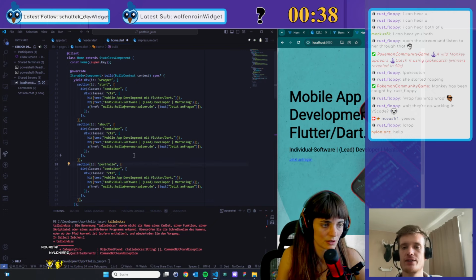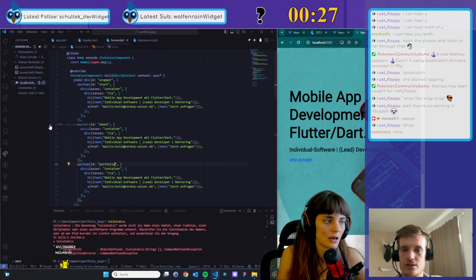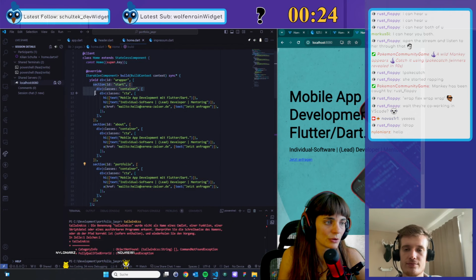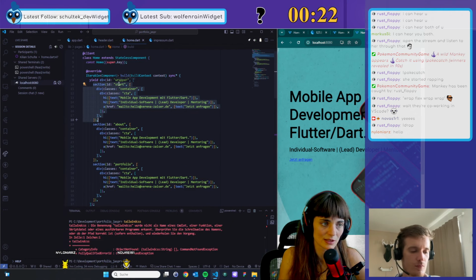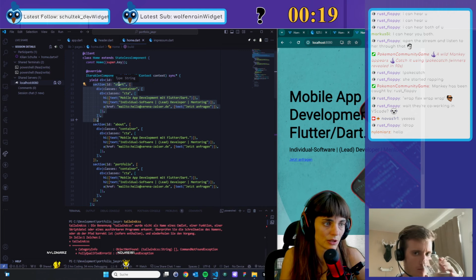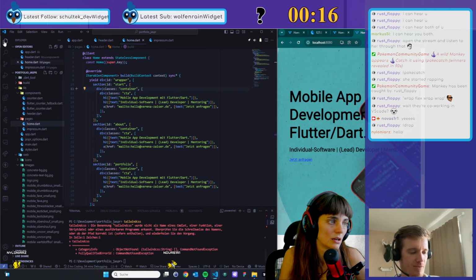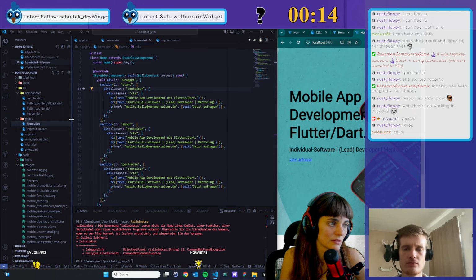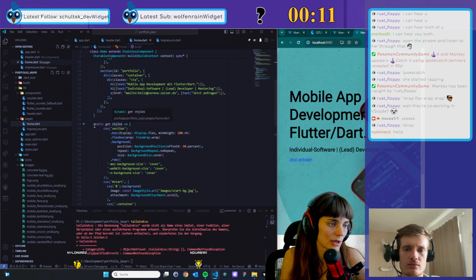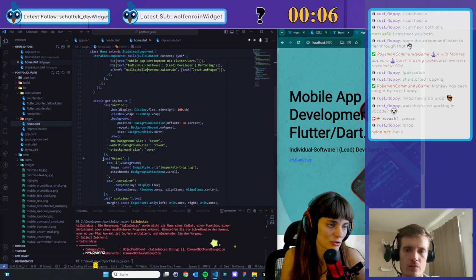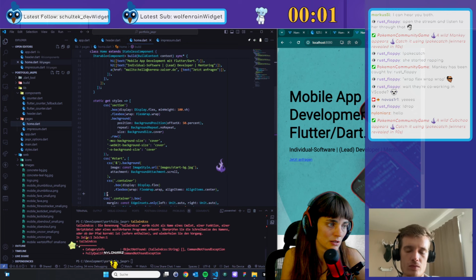And then of course, if you don't want to have all this markup just in one component, you can pull it out to new components as you would with Flutter and structure this a bit more. So I could put the section, for example, into a start section component. Yes. Oh, that's nice. And then I would also grab the styles from that section and put them into the styles within that component, right? Yes.